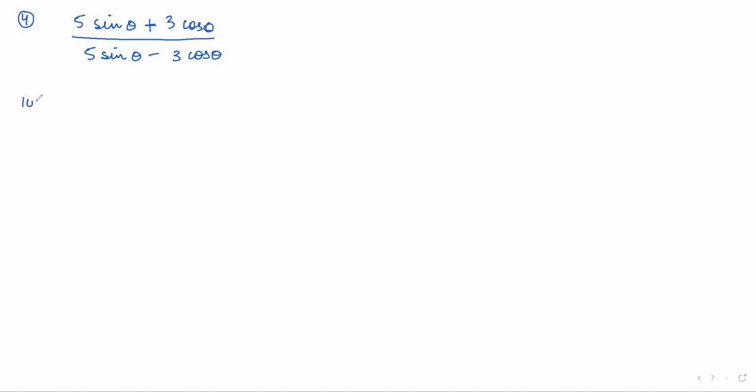Ma'am, is it the 4th question? Yes, 4th question. Basically it was given that 3 cot theta is equal to 4, then find the value of this thing, right? Okay, ma'am. And then the 10th question also, I don't know why I did this. It was sine theta minus 2 sine square A, and then divided by